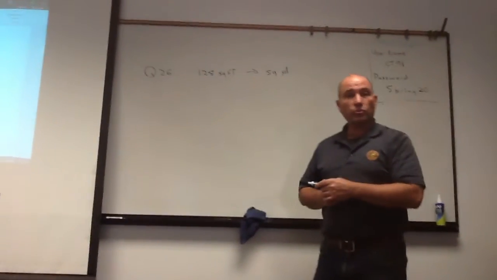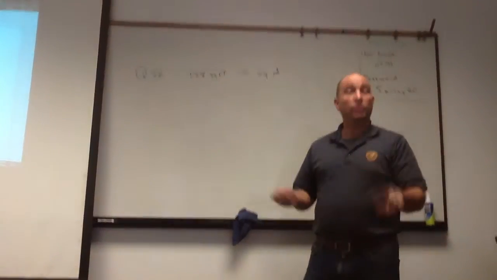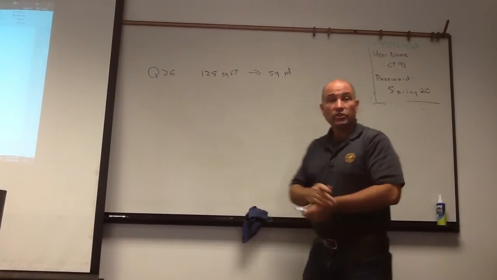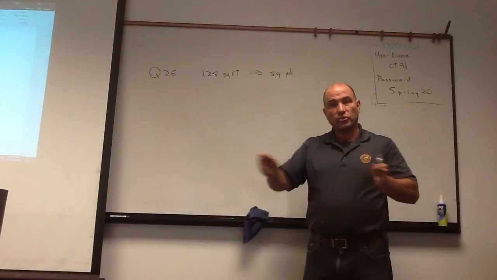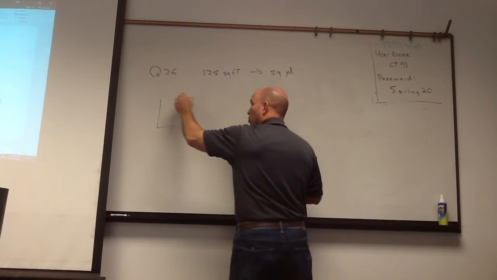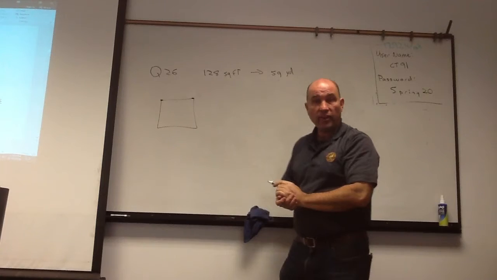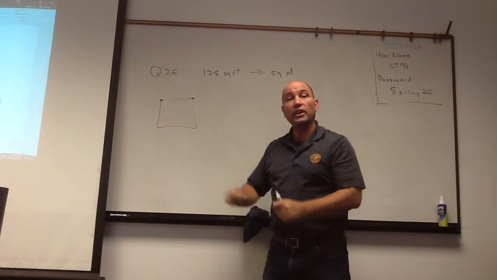Okay, this section we're going to look at converting not just in one dimension but in two dimensions. So in this case we're taking square feet and turning it into square yards. And so when we're talking about square, we're talking about area, right? We're not talking about just from one point, the distance from here to here. That's lineal, like feet. We're actually talking about how much area does it cover, like the carpeting or the drywall